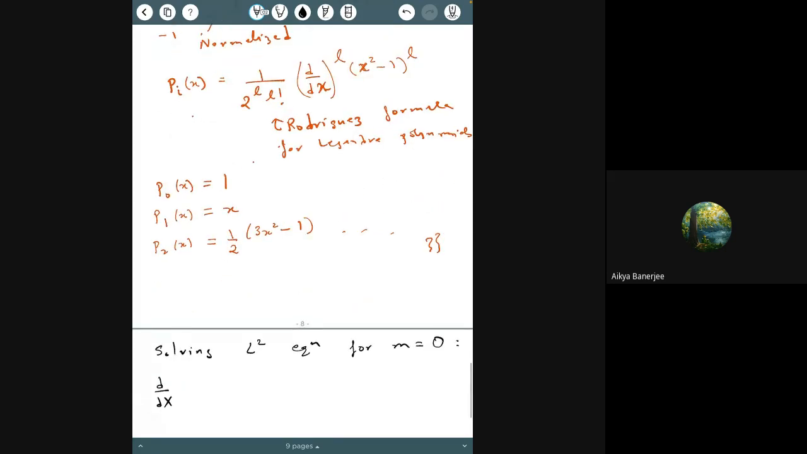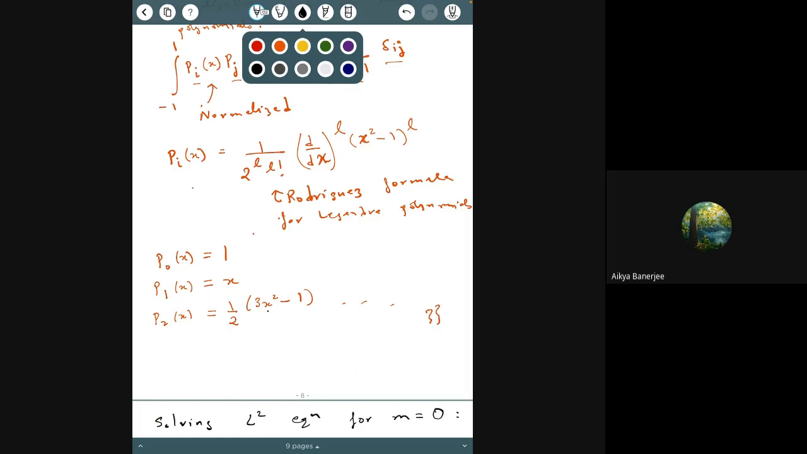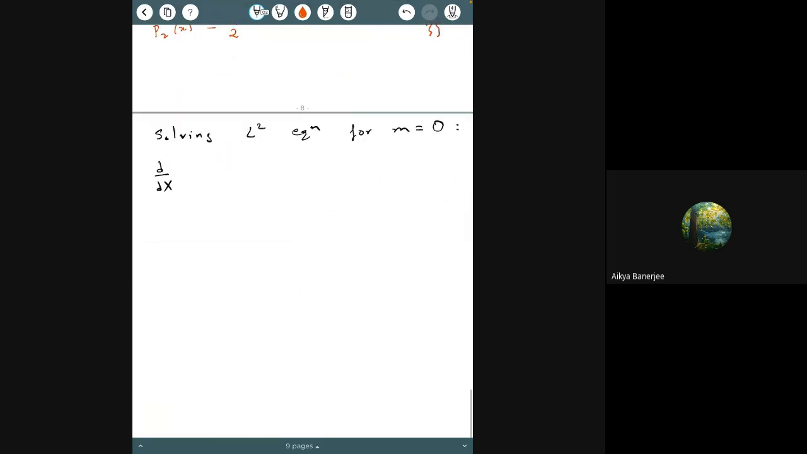Okay. So this I should have written i's all over here, not L. 2 to the power i factorial, d/dx to the i, squared minus... Okay. So d/dx of, now we have,